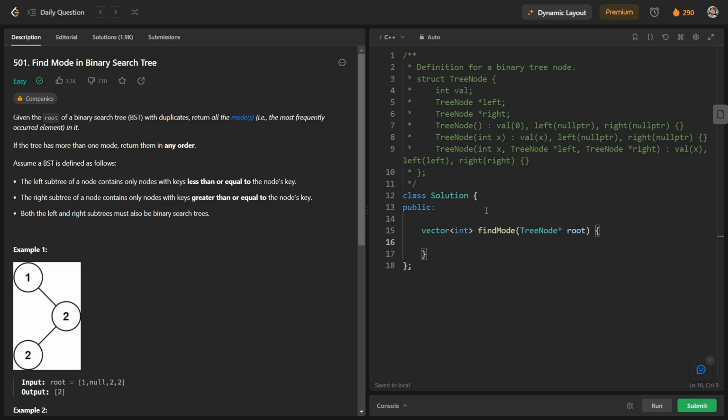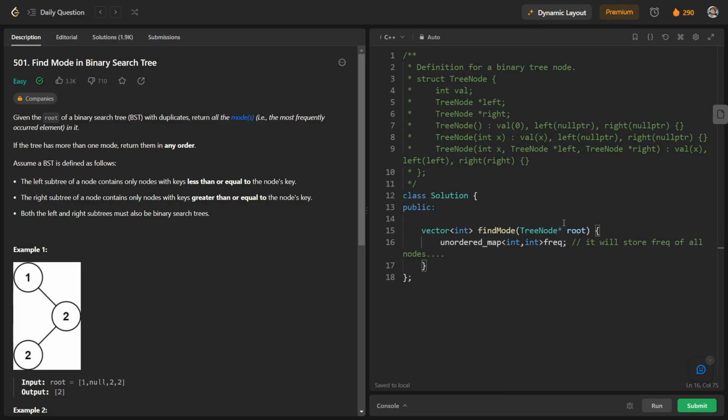So we will have an unordered map here, an unordered map of integer and integer which will store the frequency of all nodes.